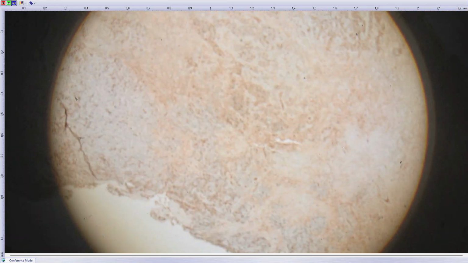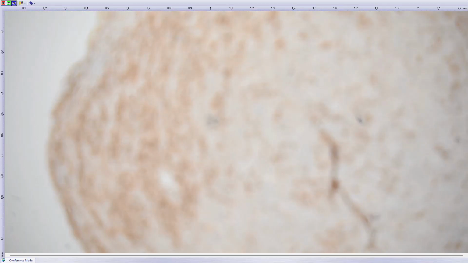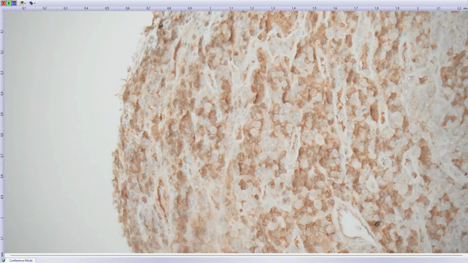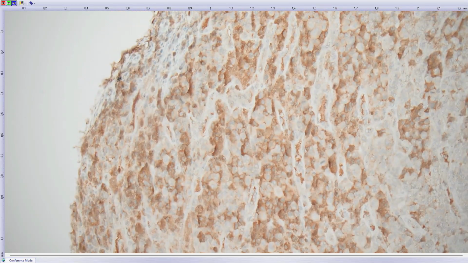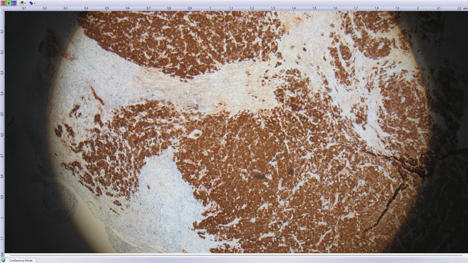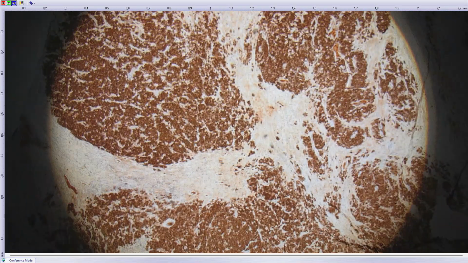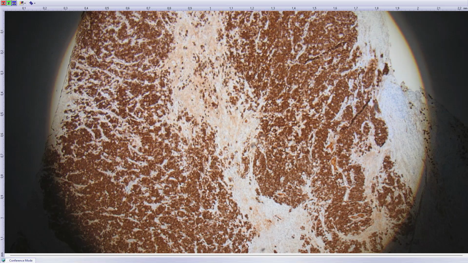And they stained for alpha fetoprotein, I believe. It's a little bit AFP positive. I don't know what to do with that. And they stained for PLAP, and it was positive. But other germ cell markers, SALL4 and OCT4, were negative, so it's not a germ cell tumor. And they also had CD30. CD30 is diffusely positive. So with those immunos, you need only one or two more